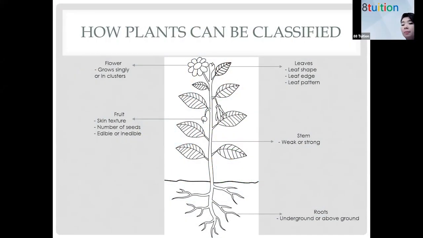Okay, hi everyone. So I'm gonna start on the P3 topic for week 3. For week 3, we are going to look at plants, classification of plants specifically. So last week, if you recall,